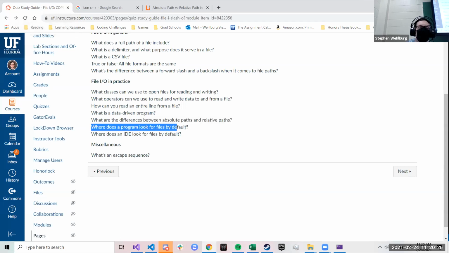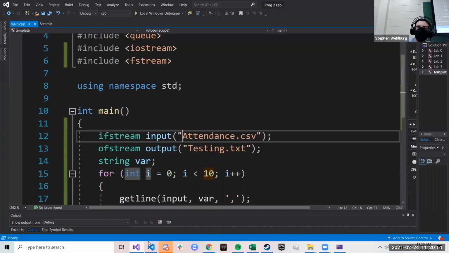Absolute, relative. Where does a program look for files by default? That's the working directory. It's different for every IDE or program, but if you're not working in an IDE, it's wherever your program starts its execution from. When we get to makefiles, it's that. In an IDE, it's usually wherever your source code is. Like for me,